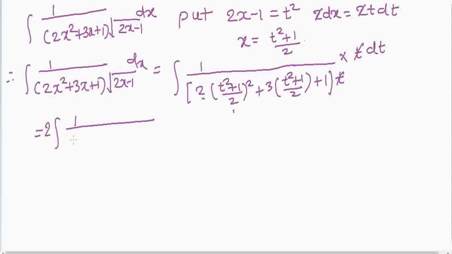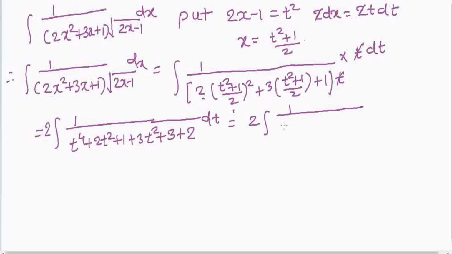What we get now is t raised to 4 plus 2t square plus 1 plus 3t square plus 3 and plus 2. We have taken LCM, 2 into dt equal to 2 into integration of 1 divided by t raised to 4 plus 5t square plus 6 into dt. Now we can factorize this. See, the middle term is 5 and this is a 6. So see the factorization, 2 into integration of